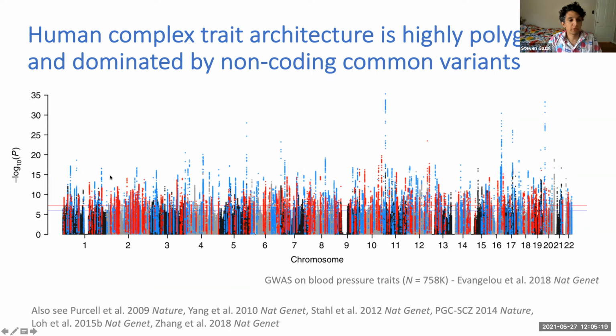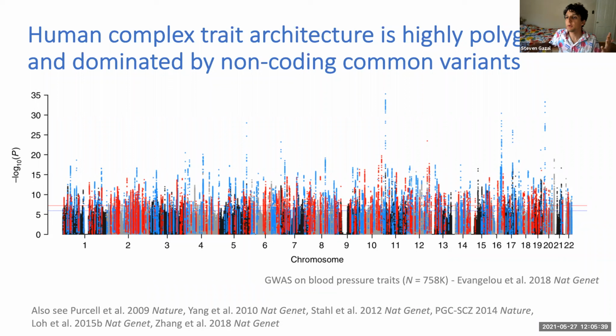The y-axis represents the strength of the association with a phenotype. And here the phenotype is a blood pressure trait. What we can see from this GWAS, and this is a general pattern we can observe in a lot of GWAS, is that it's highly polygenic, which means that there are a lot of variants associated to the